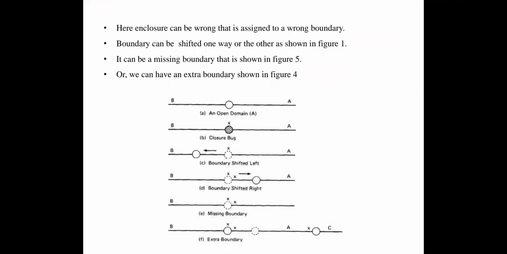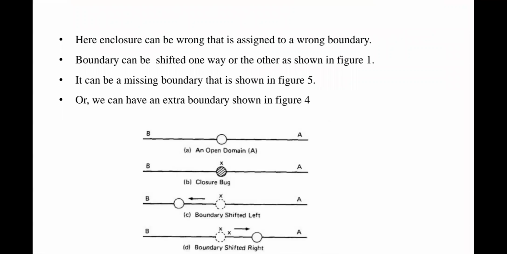Okay. See, these are the points that we have represented according to your bugs. Here closures can be wrong, that is assigned as a wrong boundary. Obviously closures will be wrong when the range of the boundary is wrong, then the closure will also be wrong. So the closure which has to be represented in one place will be represented in another place, or an open closure will be contained as a closed closure. These are all represented according to your boundaries only.